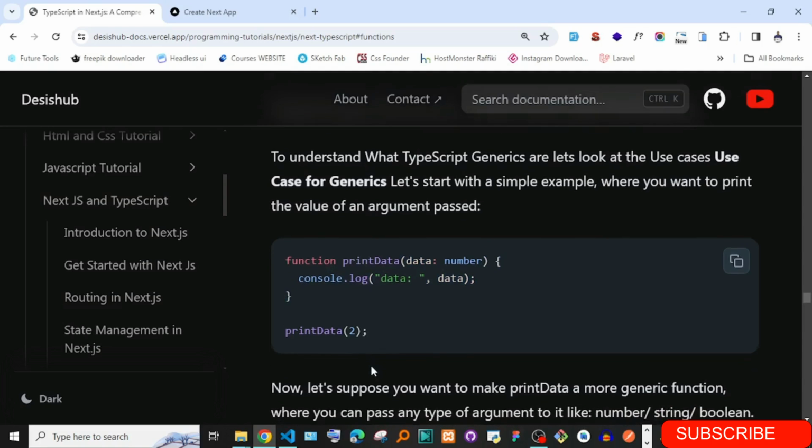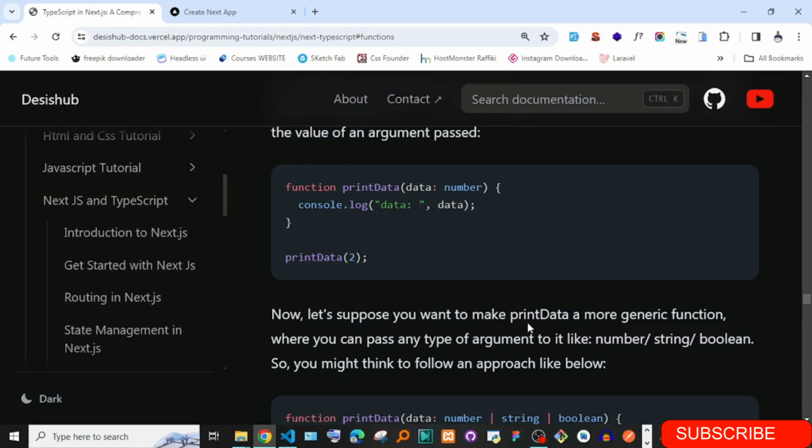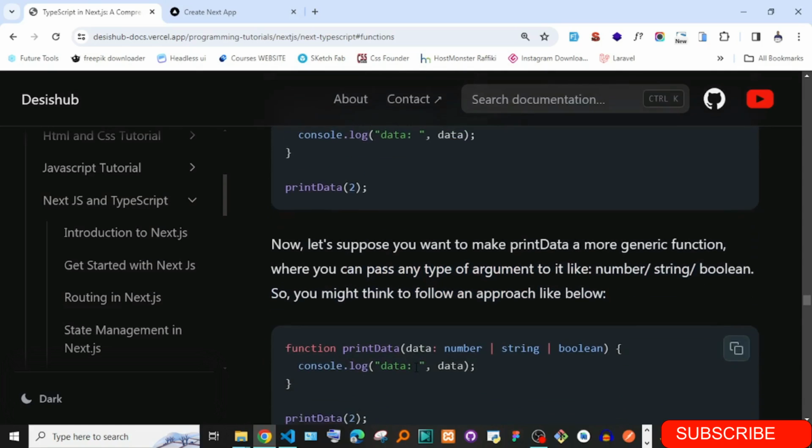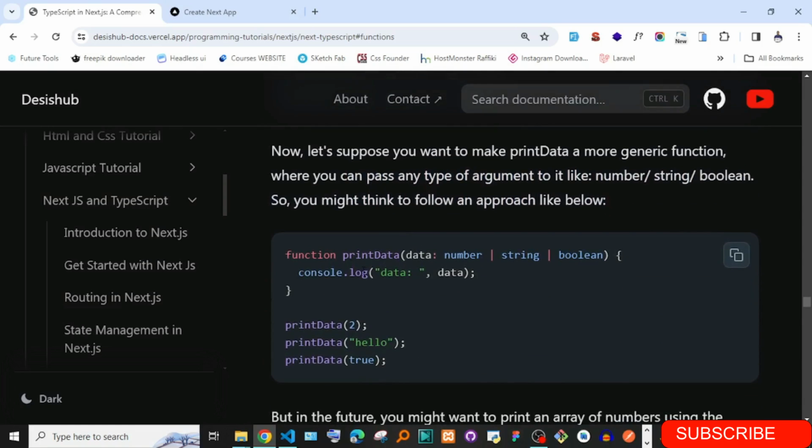Now suppose that you want to make print data a more generic function where you can pass in any type of argument to it, like a number, string, or boolean. So you might think to take the approach like this. You may just say the data is either a number or a string or a boolean.